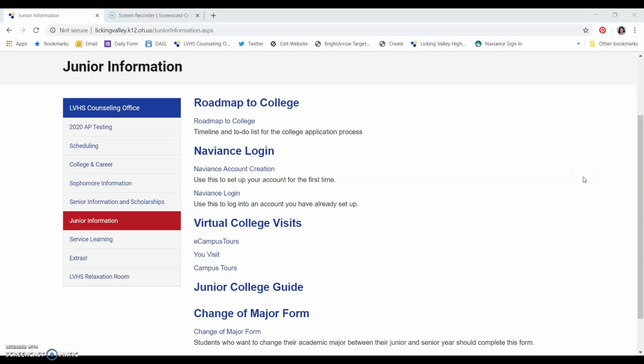Okay, so we've gone through and talked about the roadmap to college, kind of a timeline. And one thing that you heard about over and over again was Naviance. So Naviance is an online system that allows you to explore colleges, to kind of track your exploration. And there's some assessments and things that you can do relating to college or career interest. So there's a whole exploration piece to it, which I think right now is probably going to be what you'll